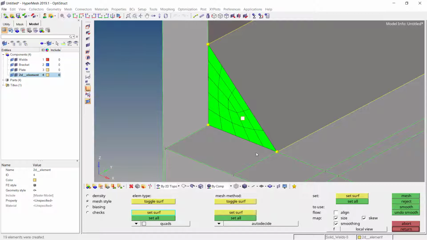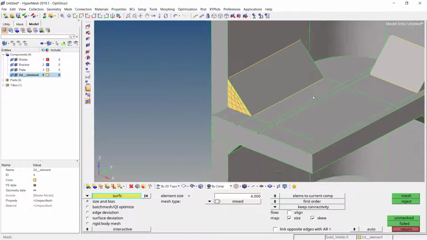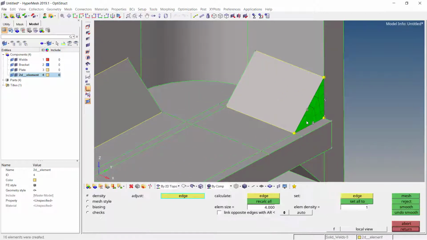So here I am going to follow that organization standard where it is allowed to have the rotating chord in the model. To do that, again let us go for density because for the time being we are assuming that as per our organizational standard, we don't allow tria and eventually penta elements. So here I will increase the number by 1. Just remove this link opposite edges, click on this number and as you can see, now I have the perfect element. Again click on return and in a similar way, let us mesh this end as well.